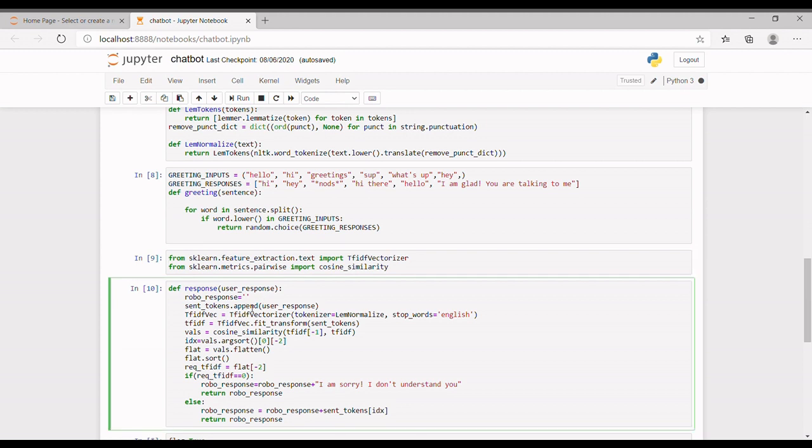Now we'll define a function response, which searches the user utterance for one or more known keywords and returns one of several responses. And if it doesn't understand, it will say I don't understand you.